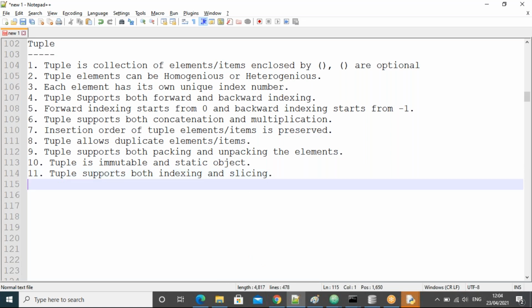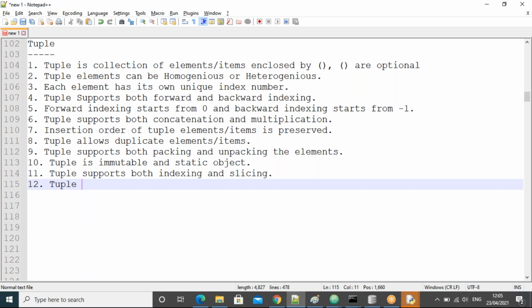So any point missed, guys? Check once. Is any point missed here? One more thing, guys, okay, that is tuple. So tell me now, guys, just guess it. Does it support both item assignment and item deletion? Let me know. Does a tuple support both item assignment and item deletion? Just now we have seen the list and string, right?